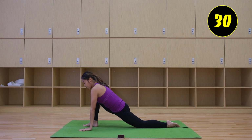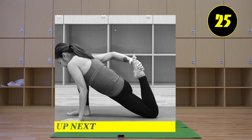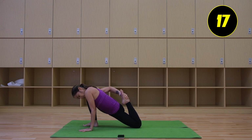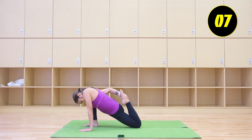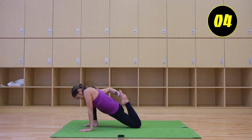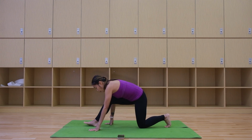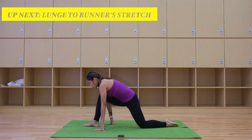And from here, one hand down, grab the back of your leg, and pull it towards your back. Stay here for a while. And release. From here, we're just going to go back to our runner stretch and back to our lunge position